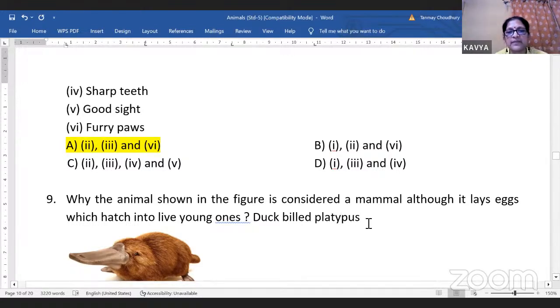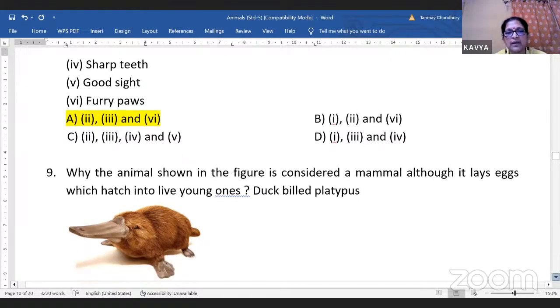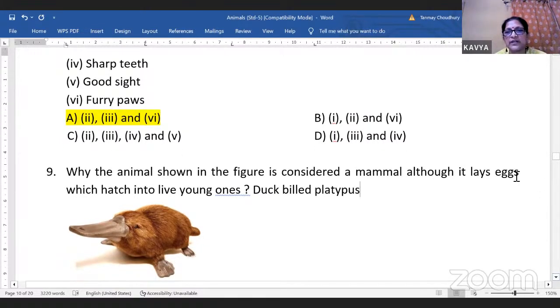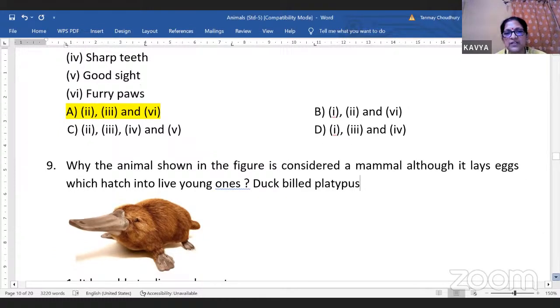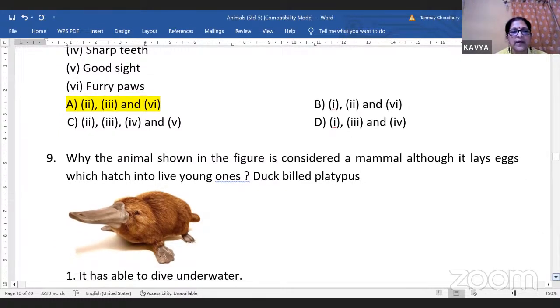So this is how the animal looks. Now you must be knowing why it is called duck-billed, because it has got a beak-like structure just like a duck. But you can see that it has got hair on its body, just like cows, buffaloes,